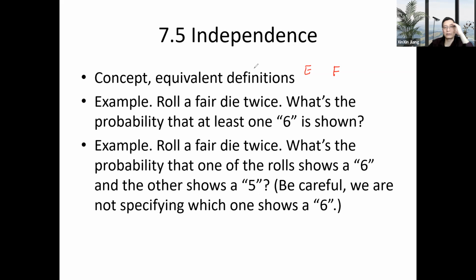There are several equivalent definitions. One is that the probability of the intersection equals the product of the probabilities. This is usually the one you saw in middle school or high school. Say you toss a coin twice, what's the probability that you get both heads? Half times half, right? You are really assuming they're independent, and also that they're fair coins.